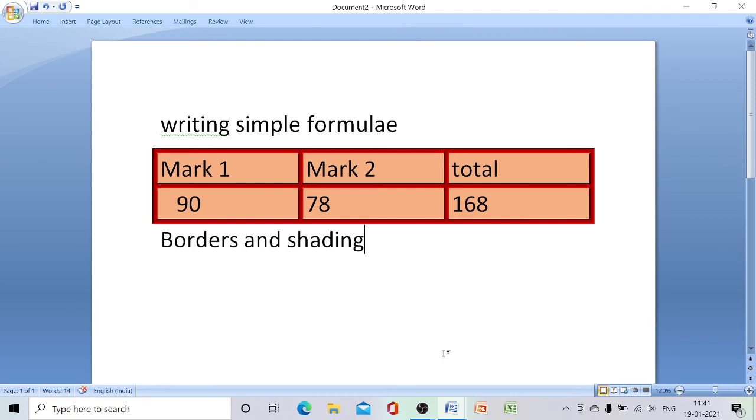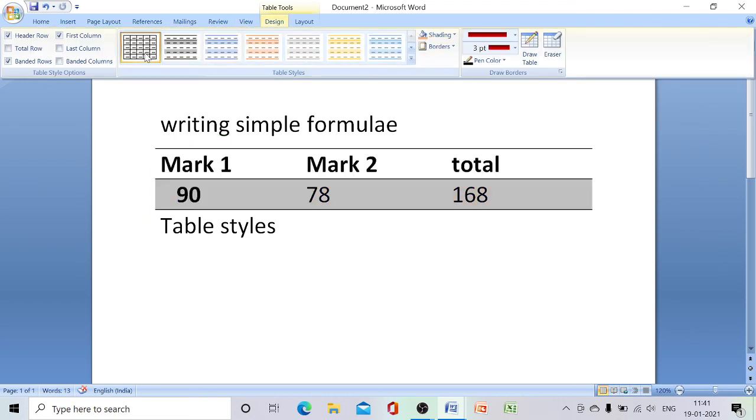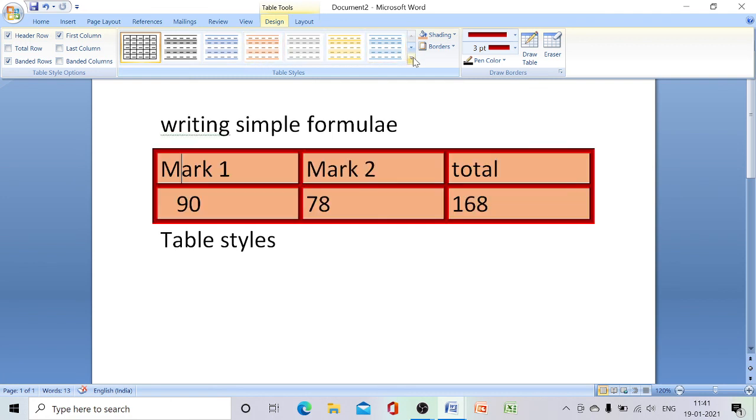Next topic is table style. What is that? Table styles. Let us give a table style. For that we have to click on this table, then go to the design tab. Here can you see different table styles are there.